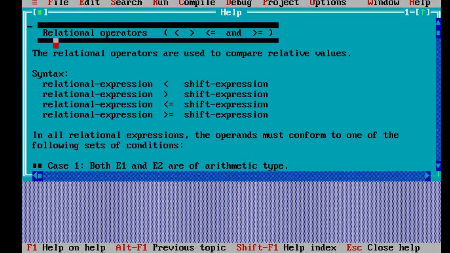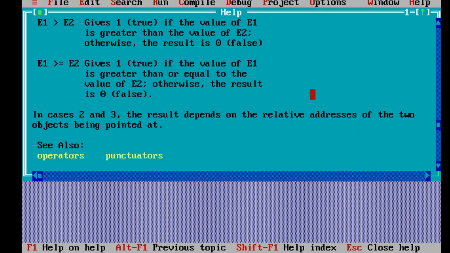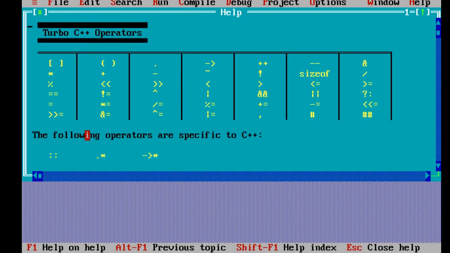I choose this operator, and it will show what is the use of that operator, what it is called in the C programming language, what its syntax is, and how it is used in a program. Here it is showing the remaining things also.